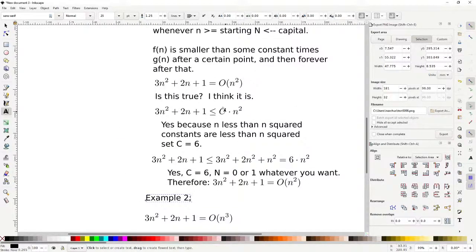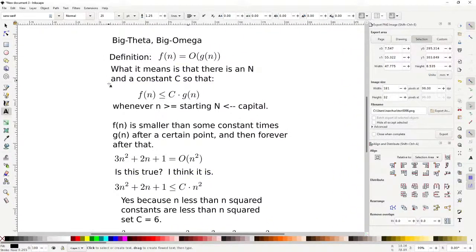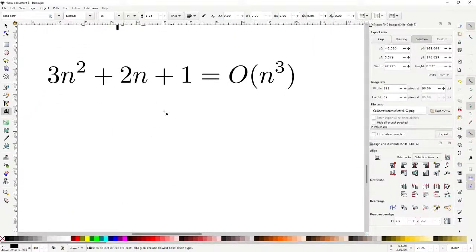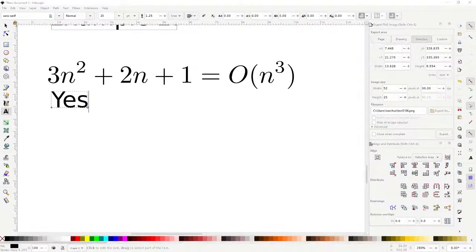I'll label this as example 1. I usually release these PDFs, so this is example 1. And so, is this true? This was true. Is this true? And the answer is also going to be yes. The reason is that you know 3n squared plus 2n plus 1 is less than or equal to 6n squared. But separately you know that n squared is less than n cubed,